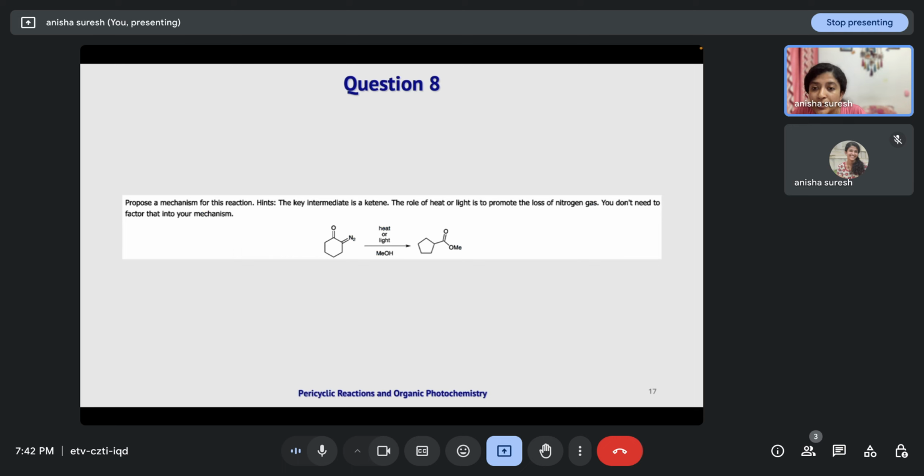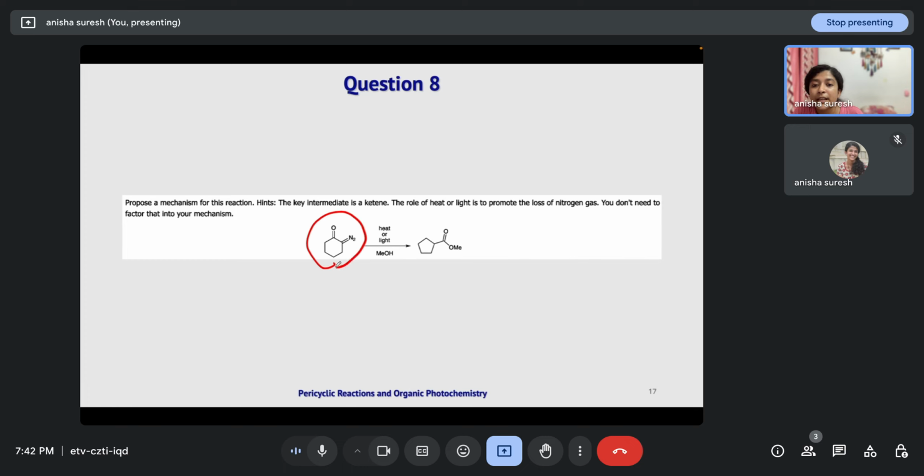Propose a mechanism for this reaction. The key intermediate is a ketene. The role of heat or light is to promote the loss of nitrogen gas. You don't need to factor that into your mechanism. Okay. So here